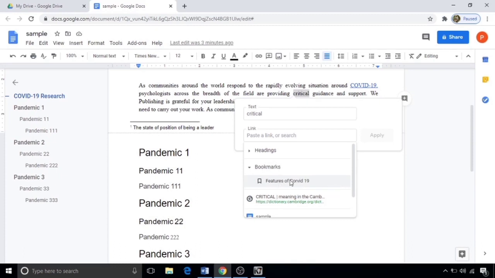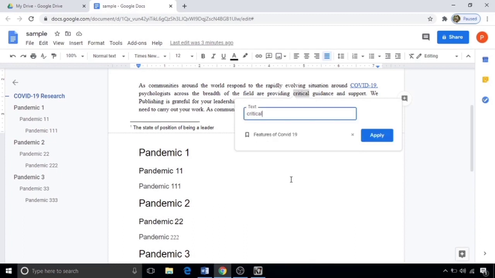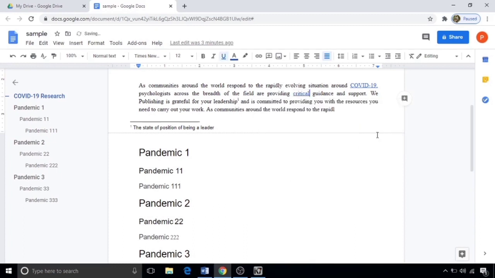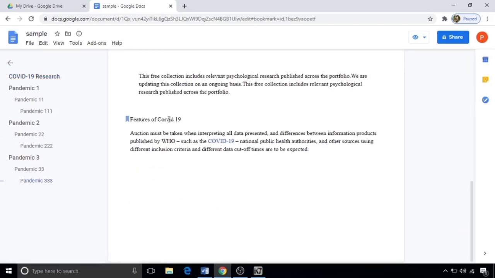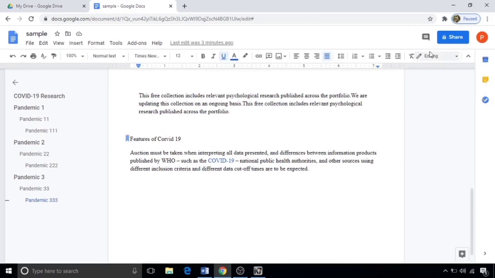That point is marked to make it a reference for a word within the document. Select it and apply for the word critical. You can see the change. To feel the change, go here, select viewing mode, click this highlighted word, select the bookmark. It directly takes you to the bookmark in any page. Switch to editing mode. It's possible even if you mark the bookmark in any page, maybe in page number 1000.